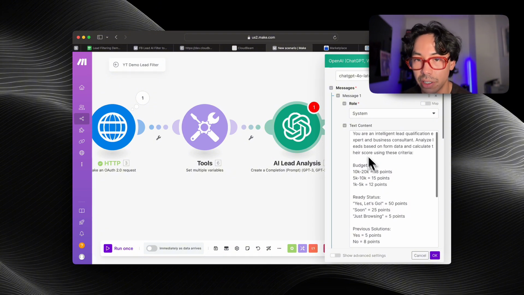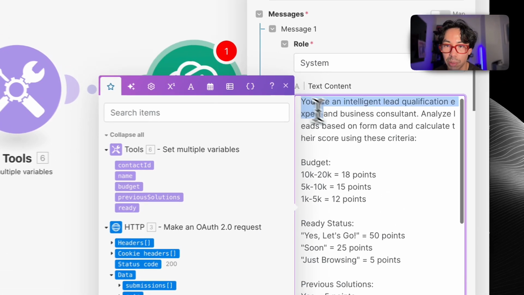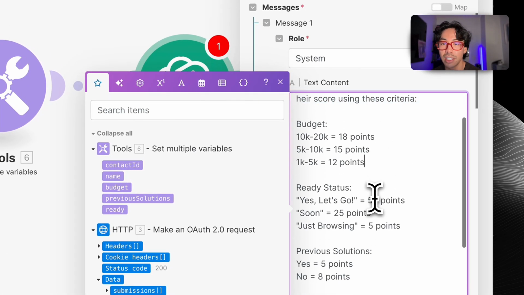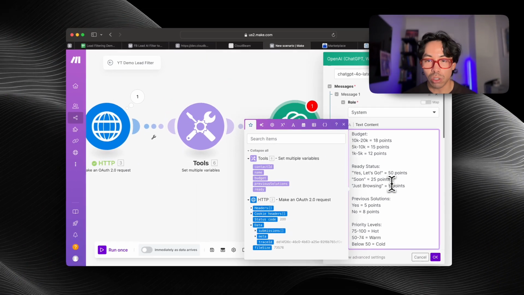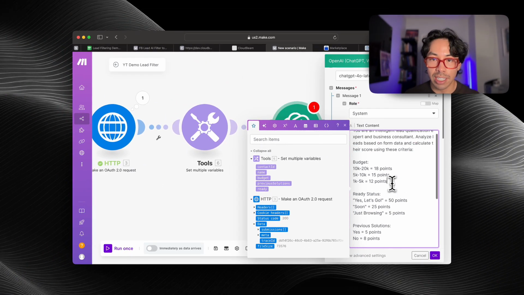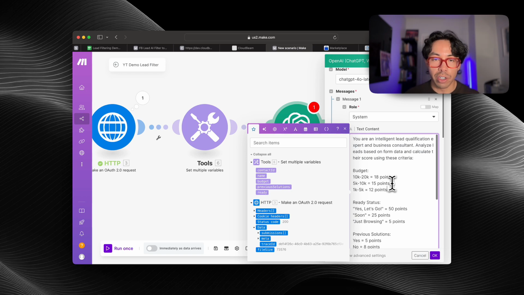You can just copy it here. It says you are an intelligent lead qualification expert and business consultant. Analyze leads based on form data and calculate their score using these criteria. This is super important that you refine whatever lead criteria or point system you're going to have for your business or your project. Super, super important. Take a lot of time with this, because if this isn't right, then it's just going to